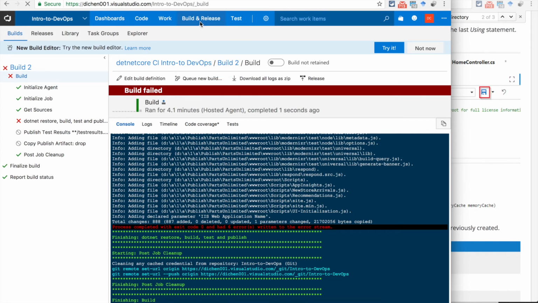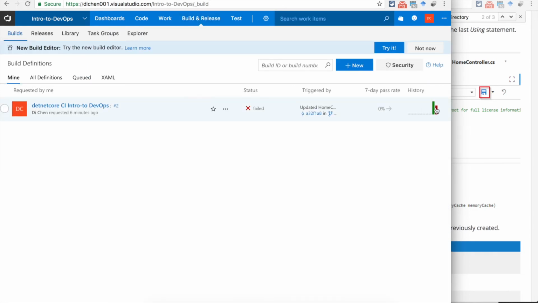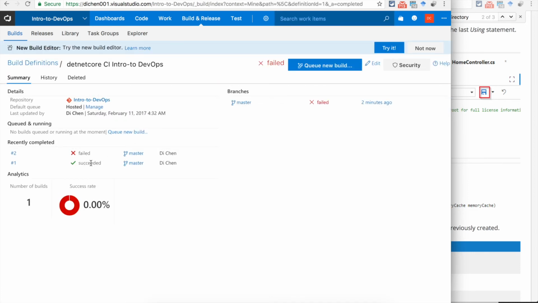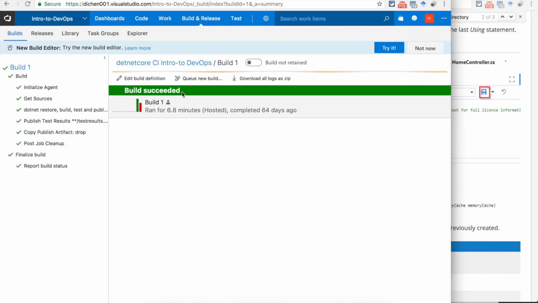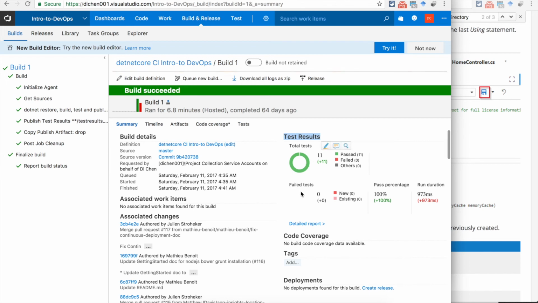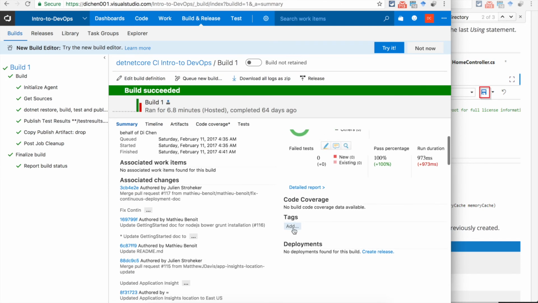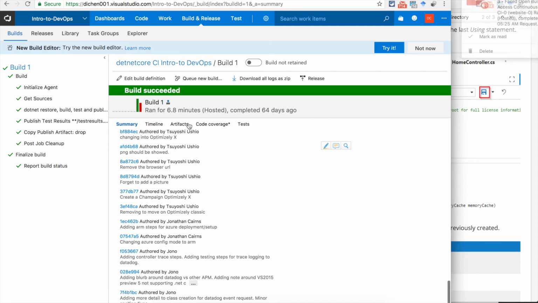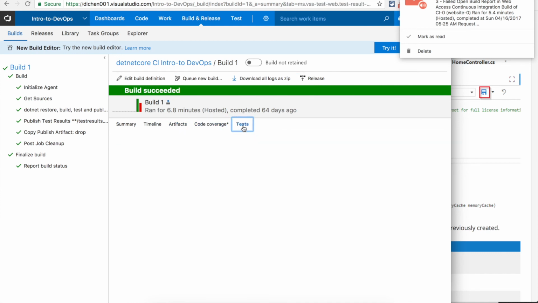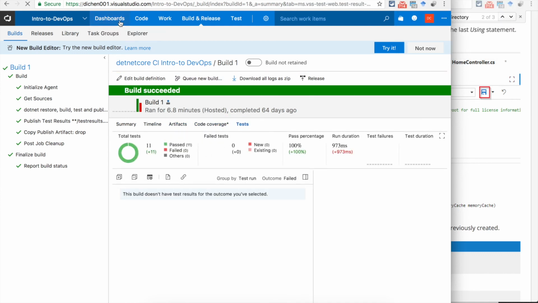If I go to this build, you can see this one was built successfully, and this one failed. If I go to this one, we can have the overview of the test results, total tests, and also code coverage. The timeline, artifacts, and all the tests. And if I go to the dashboard,